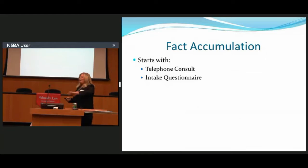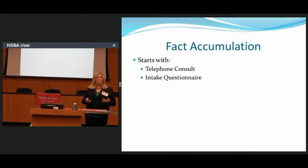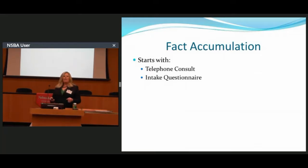All right, and then I already mentioned my intake questionnaire and how that gentleman says none when asked about pre-existing conditions or other accidents. But with this, I handle it differently in every case, often just based upon scheduling and what I have time for. But the initial intake questionnaire is very important. We've started providing that intake questionnaire before the initial consultation for the potential client to fill out on their own time. I think that this shows you how serious a client is about their case. If they're going to take the time before taking your time to meet and really go through and list the doctors that they've seen, maybe even look up an address or a phone number, that shows you that they're serious